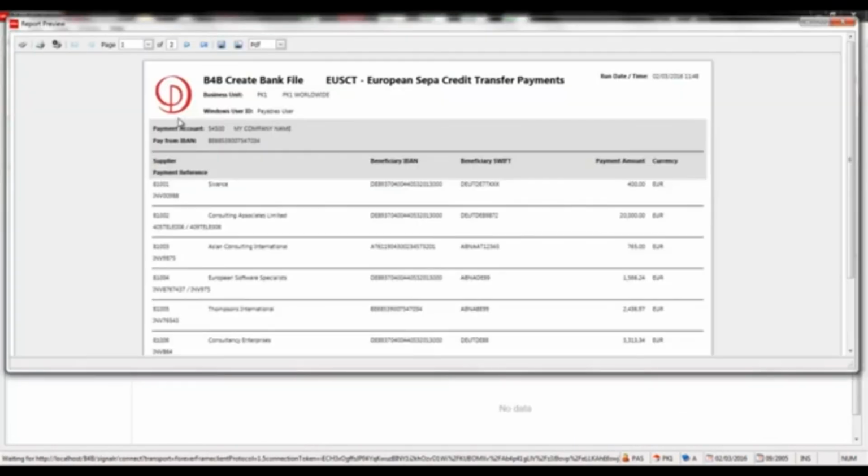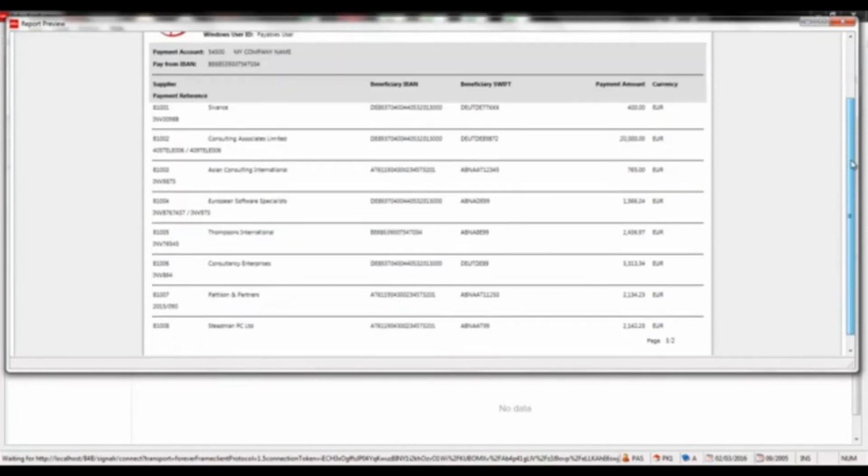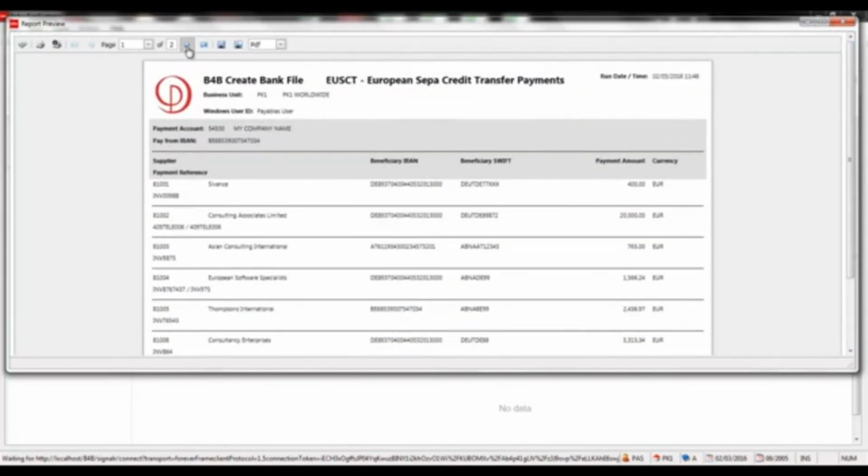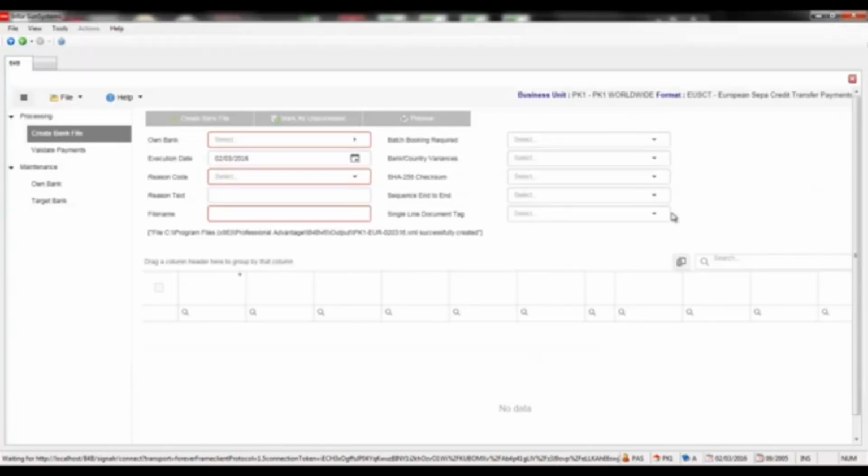So here our payment is complete. And we actually have a payment run listing that I've associated with this particular format. So one final report out of B4B that details the exact payments that were included within this bank file. So here we can see a custom report now that's available within B4B, giving us our totals as well. And again, our total number of payments, the total amount, should match exactly what we've posted in SunSystems. So here we're using a web interface now to launch B4B and running that either from any browser or here